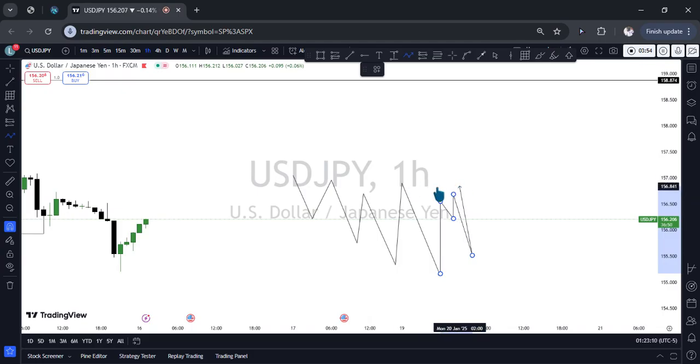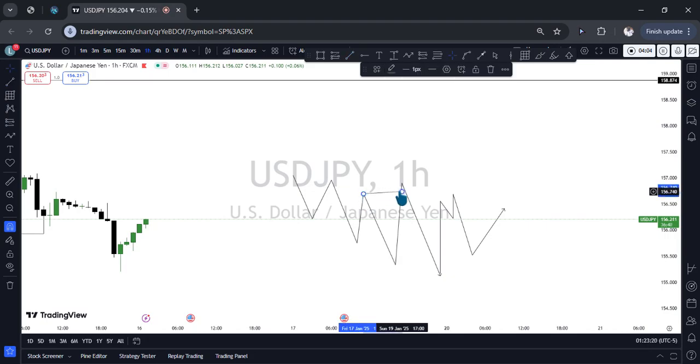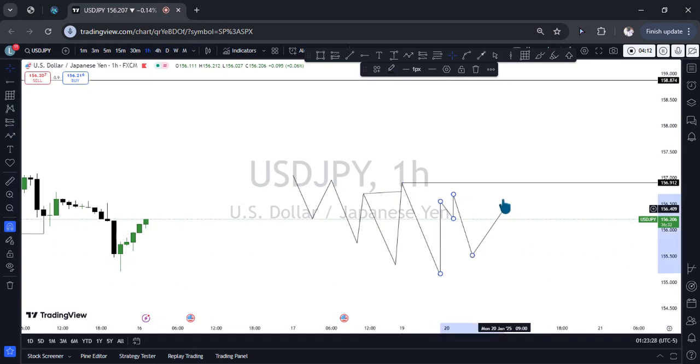Or, after it breaks this high, the other scenario that might happen is that this place becomes something like a protected high. But we also have liquidity resting above here, right? So the market might now come and do something like this, either to break this high,